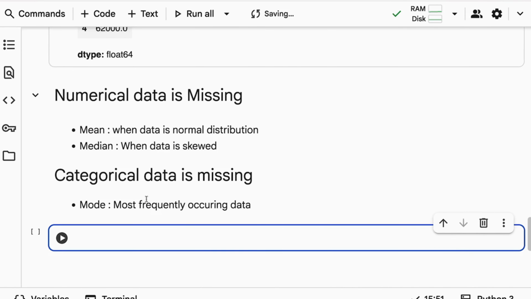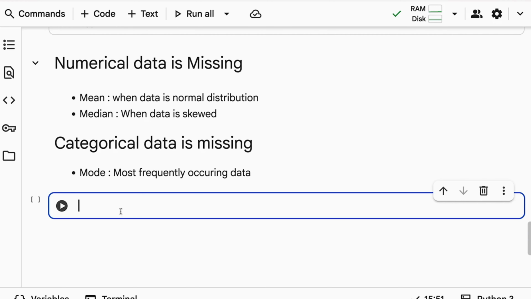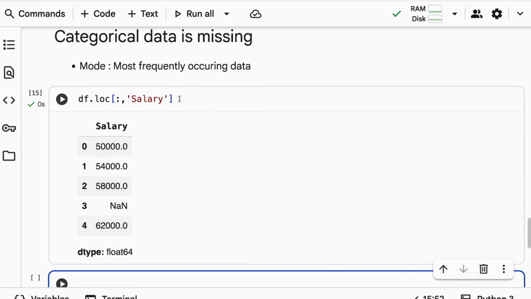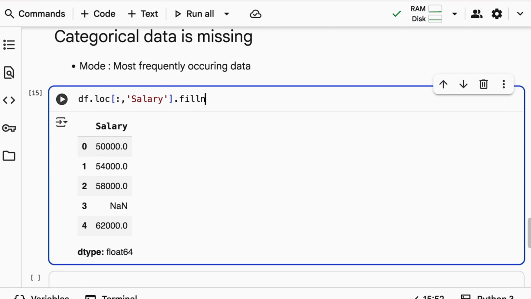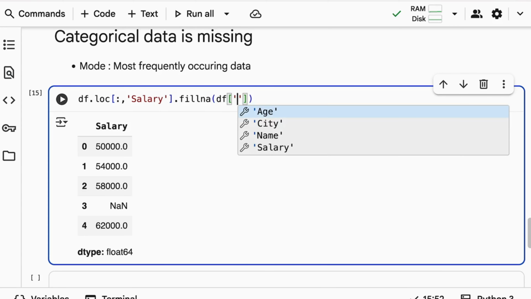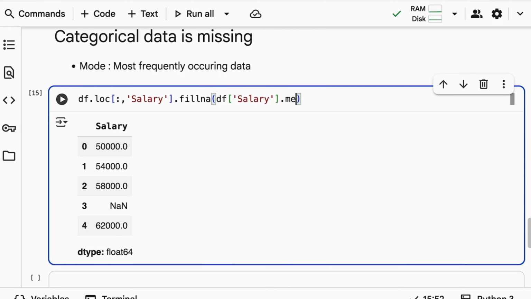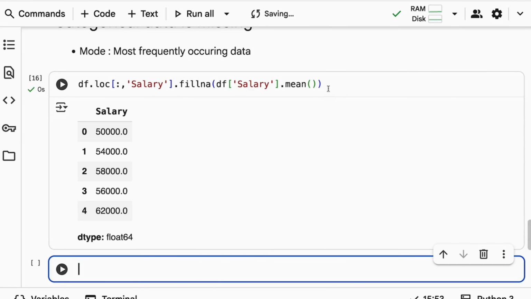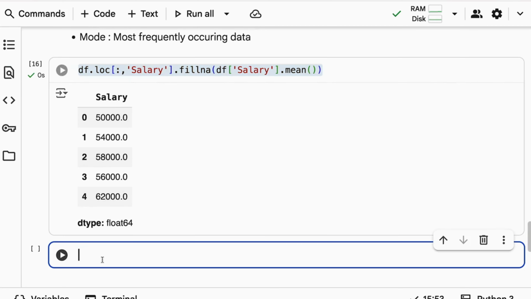Okay, so let me show you how you can replace a missing value in a salary column with the mean. Same code, you can use it with median and also with mode. Simple. Try to fetch the column first. You got df.loc and a salary column. You got the salary column dot fillna, and you just need to mention a value. We don't know what the mean value is, right? So you can just fetch the column, dot mean will calculate the mean, and it's going to fill in the missing value. So it's again a temporary change. If you want to make it permanent, assign it to a new variable, df.loc of salary.